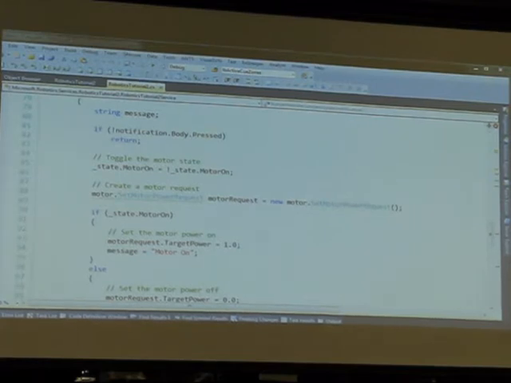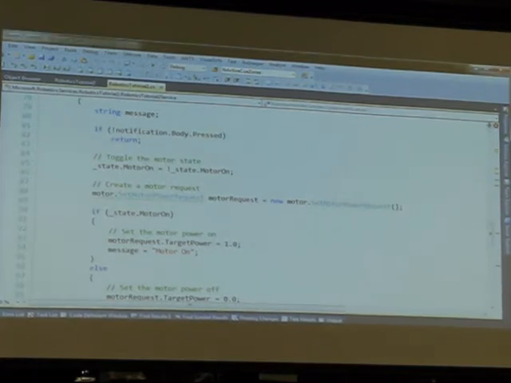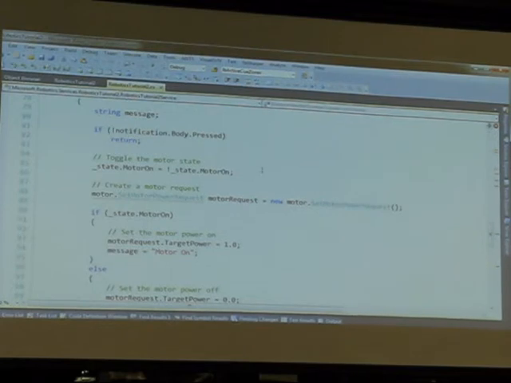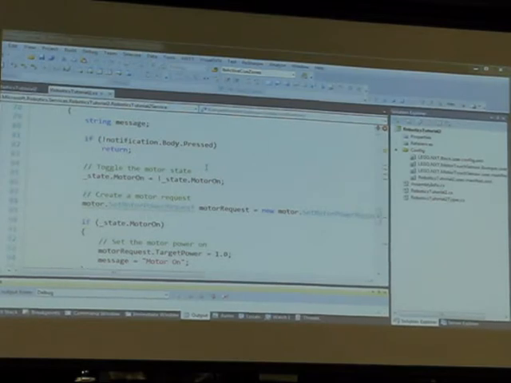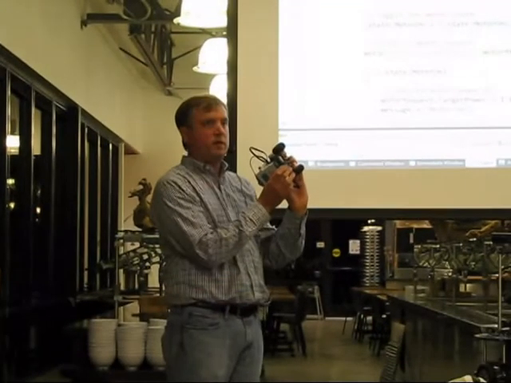Make sure we're connected. Let me do this one. Then start the debugger. Now over here on the other side, let me pull this over, what's happening is DSS has started. That's the communication service. I just heard a big beep here. And so what's happening now is I push the button, the motor's running, turn it off, it stops.